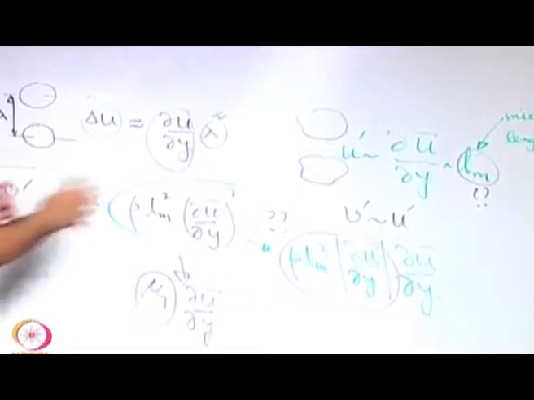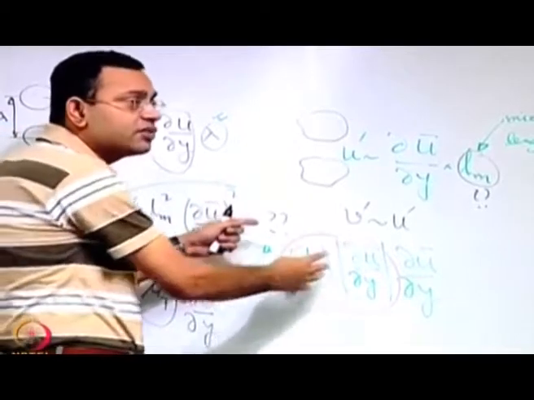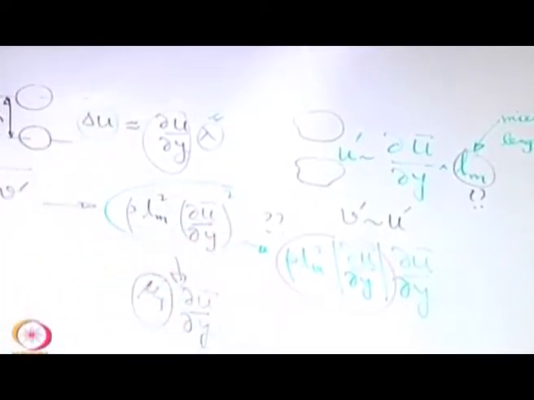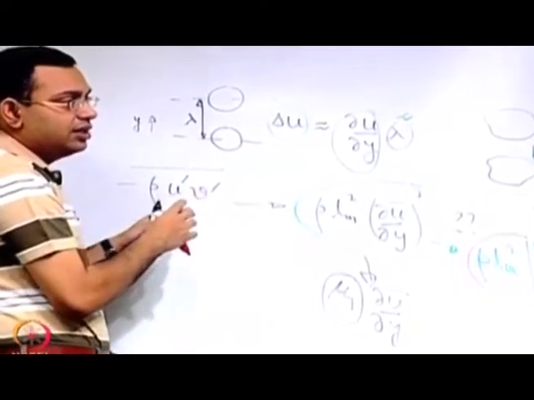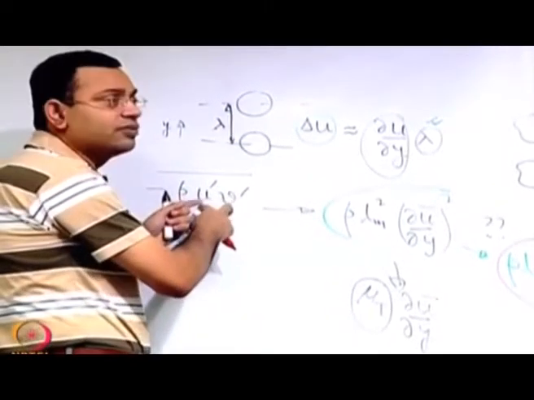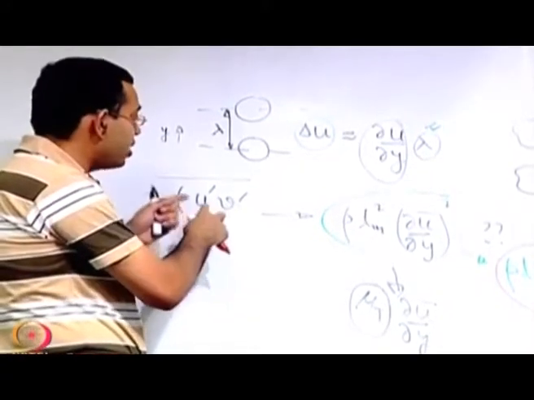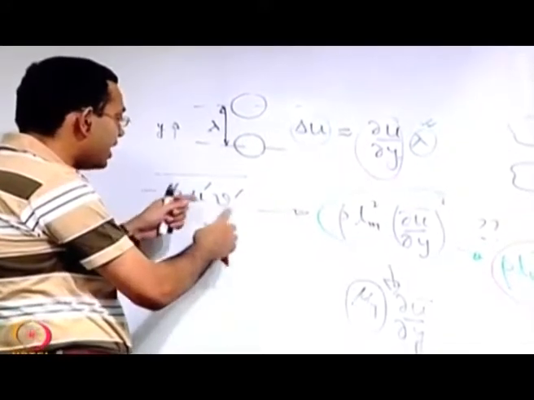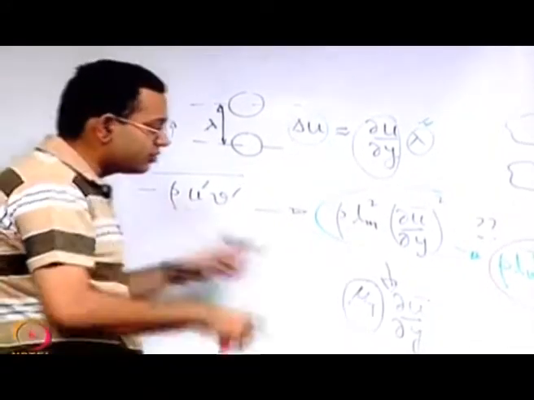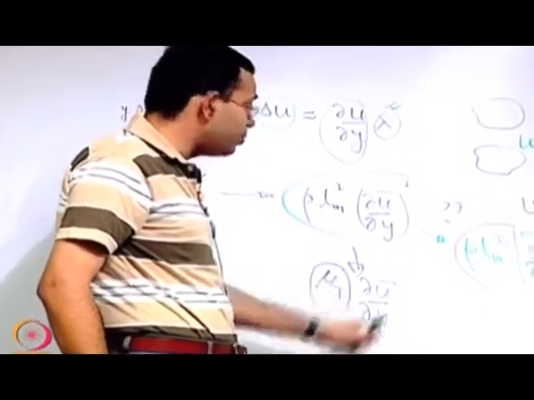See, this is just an analogy between terms, and therefore it is important to preserve the physical sense. We discussed earlier in our previous lecture that u prime and v prime are correlated in such a way that in an isotropic turbulence case their average product is 0, but in anisotropic, a positive u prime will be associated with a negative v prime and the other way. So that minus effect will be adjusted with this minus effect, so that eventually you should get a positive mu t if you have a positive du dy.